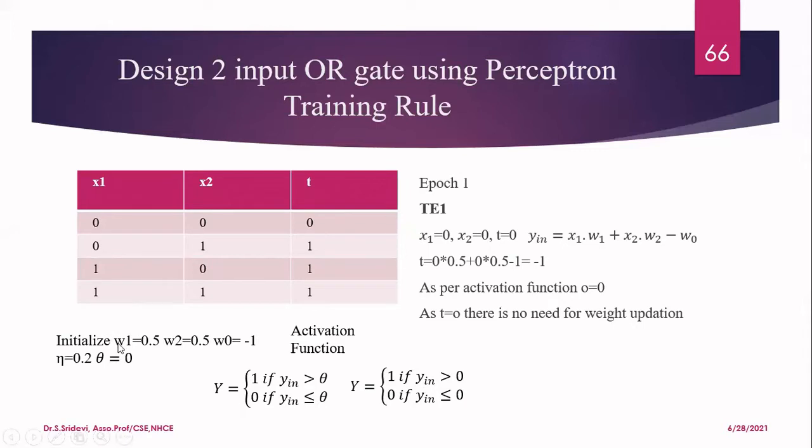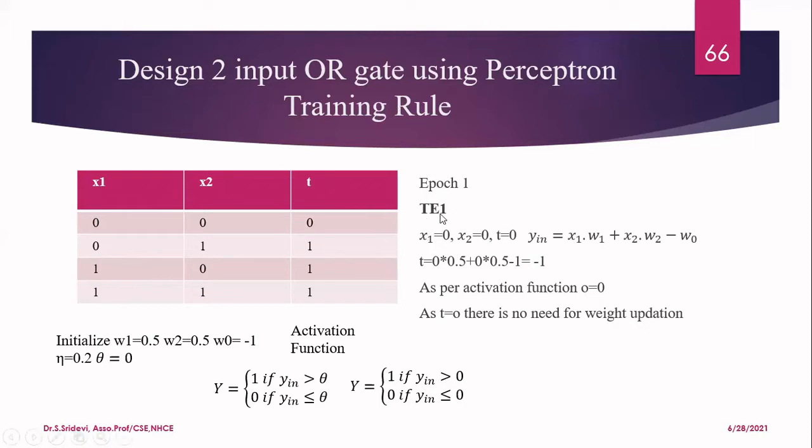Now, let us see how to proceed with this. First, I am going to initialize the weights randomly. So I am initializing W1 as 0.5, W2 as 0.5, and W0 as -1. It's up to you, you can initialize any value, but remember that you are initializing in the range from -1 to +1. Now I am going to consider the first epoch. In the first epoch, I am going to consider all the training examples one by one. When there is a match between the expected output and the output from the perceptron, I will not update the weight. I'll go to the next sample.